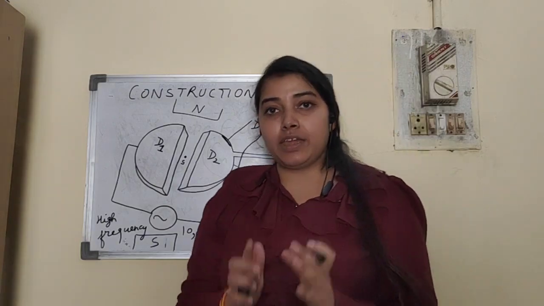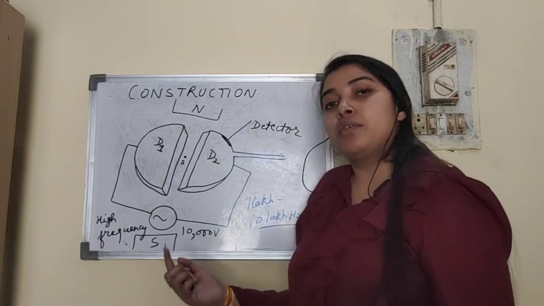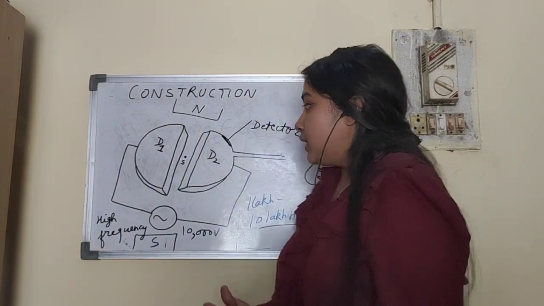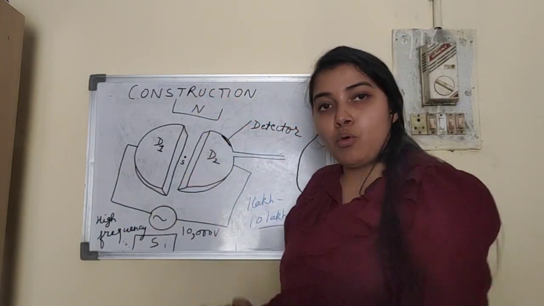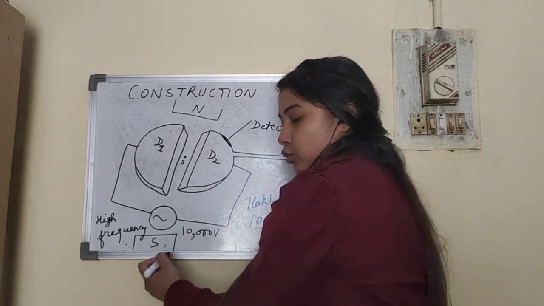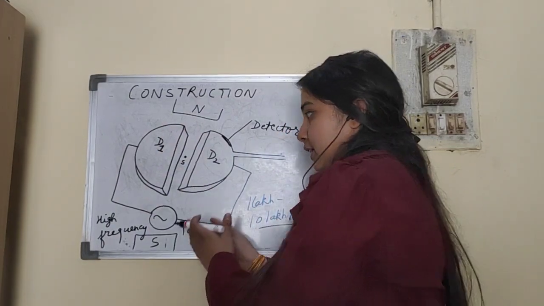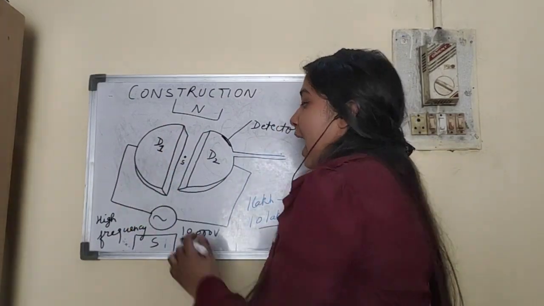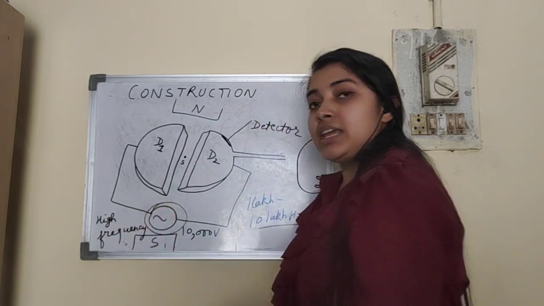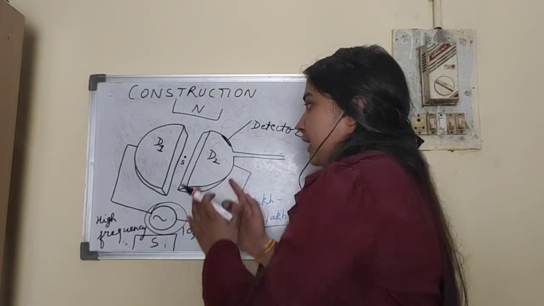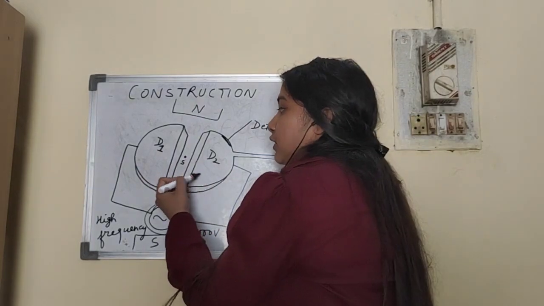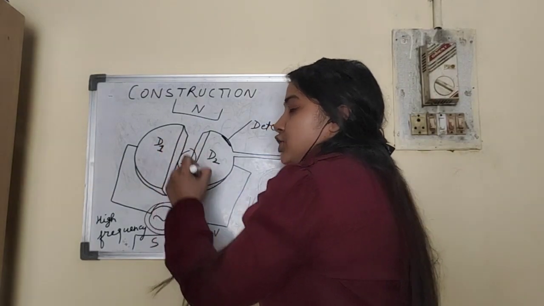This frequency is very high and it is connected to a very high voltage source. Now this whole setup is placed between the two magnetic poles, North Pole and South Pole, in order to provide the magnetic field to the whole setup, and this AC source is used in order to provide the electric field to the whole setup. So basically in case of cyclotron, in between the gaps there is a charge present which